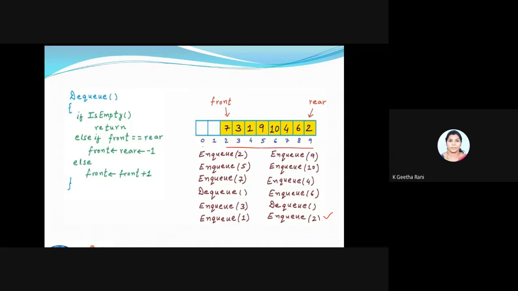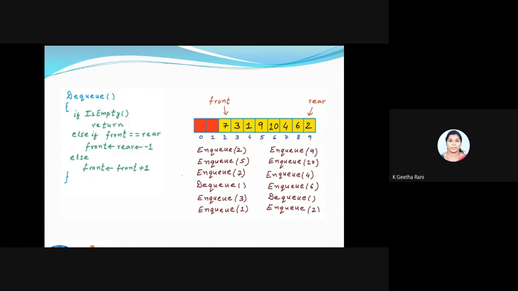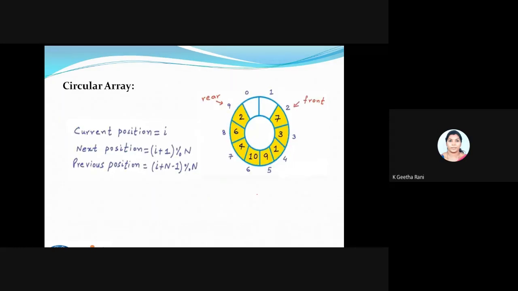Now if I want to enqueue some values, I can't enqueue the values, because I have reached the array size, but I have 2 more spaces here at the front, and I can't use them. So this is the main drawback of implementing a queue using a normal array. You can see this particular space has not been used, it's empty here. For overcoming this problem I'll get into the concept called circular array.